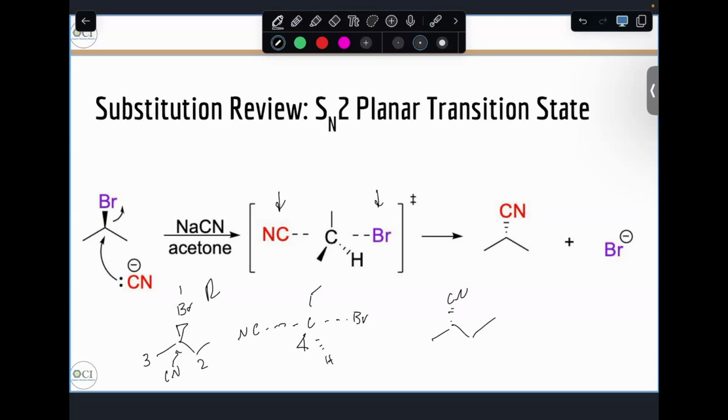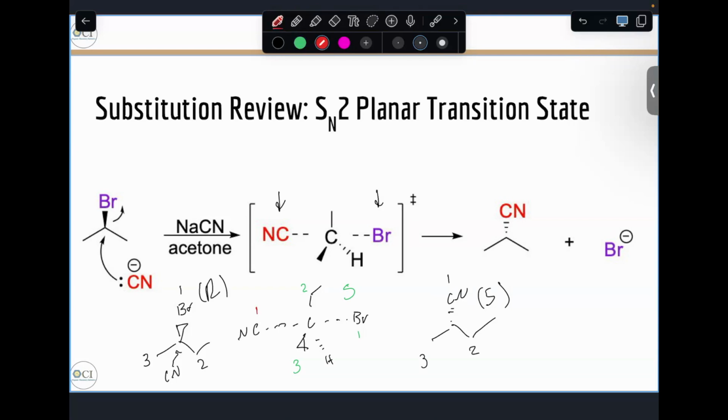So you have 1, 2, 3, be R, you flip it, it's S. So we go back to our transition state. If we count it, including the bromine and not the cyanide, we have 1, 2, 3. Then we have that, so that would be S. And then if we count it with the cyanide, we have